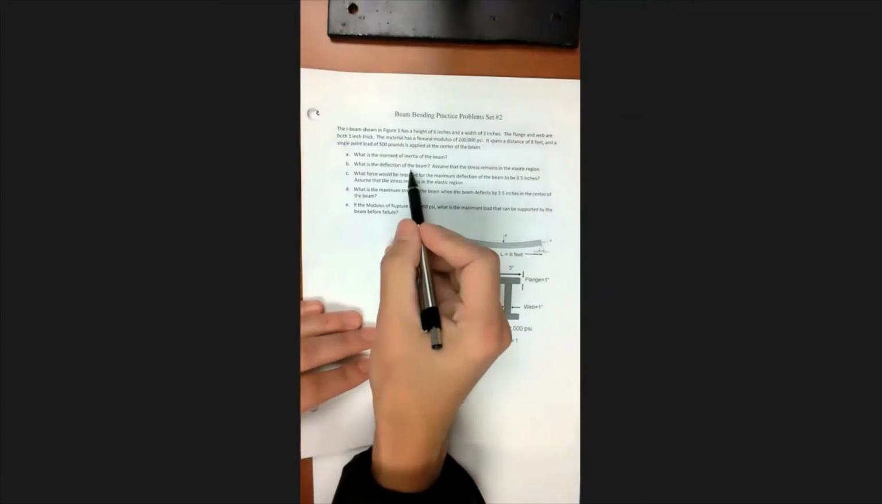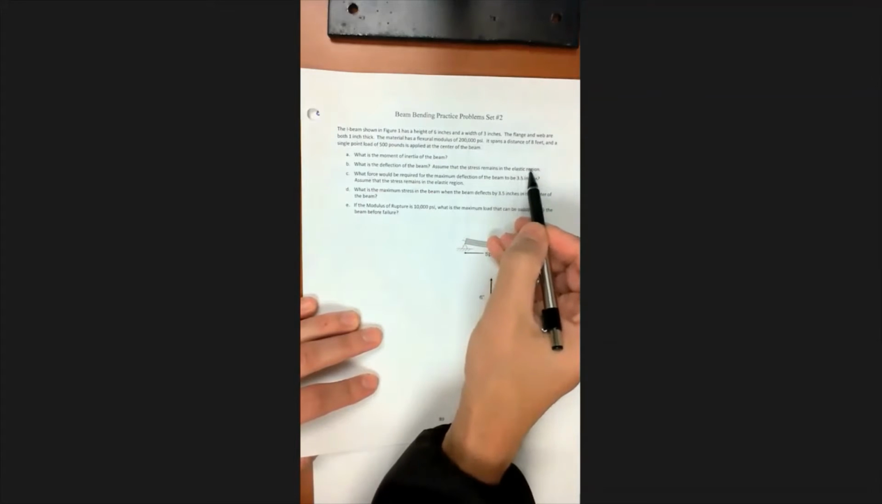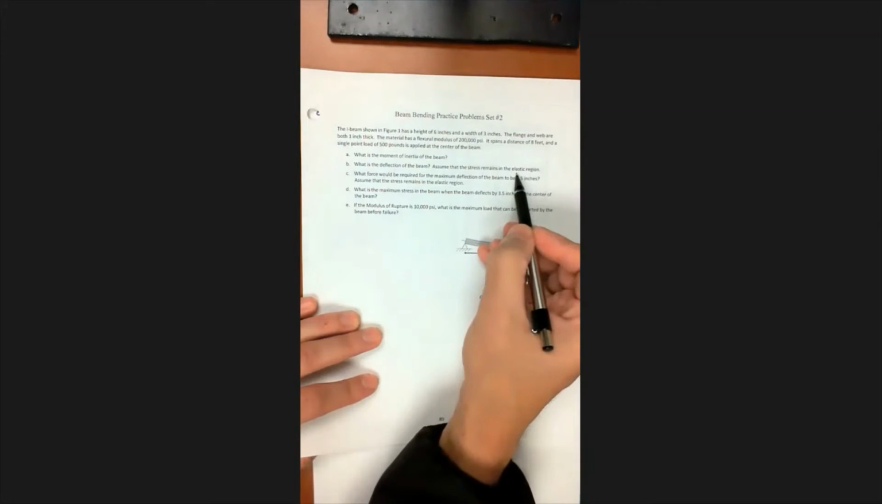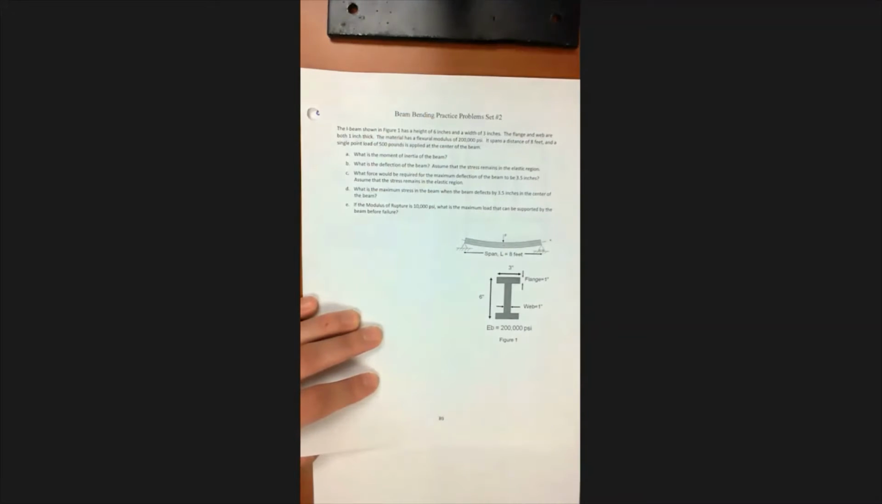Okay, part B says, what is the deflection of the beam? Assume that the stress remains in the elastic region. So that is really nice and helpful that it remains in the elastic region, because that way we don't have to check to make sure it remains in the elastic region. We can go ahead and use our deflection equation, but remember that deflection equation assumes that